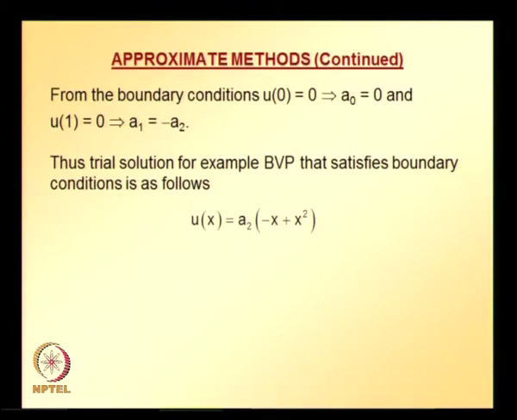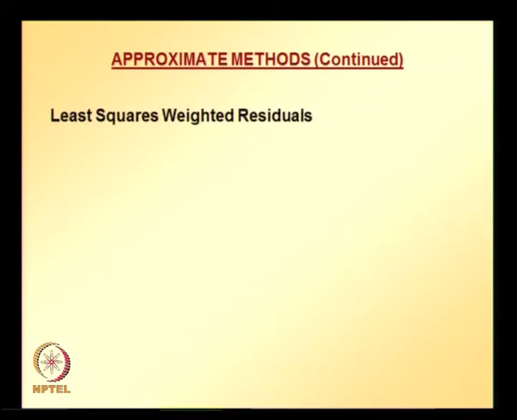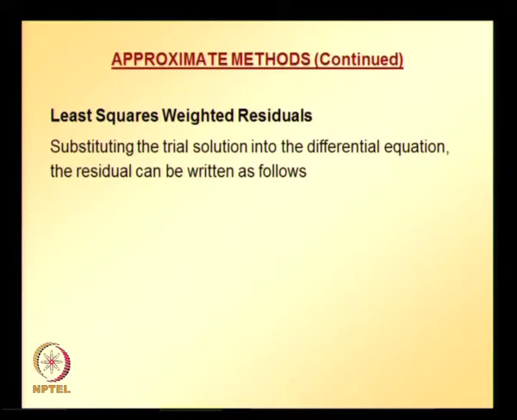Before we substitute, if you recall, the residual involves the second derivative of u with respect to x. So, we need to find the first and second derivatives of the trial solution with respect to x, which are shown here. Once we have this, we can substitute into the residual. In the least square weighted residual method, substituting the trial solution into the differential equation, the residual can be written as follows. And as you can see here, the residual has only one unknown coefficient that needs to be determined, a2,